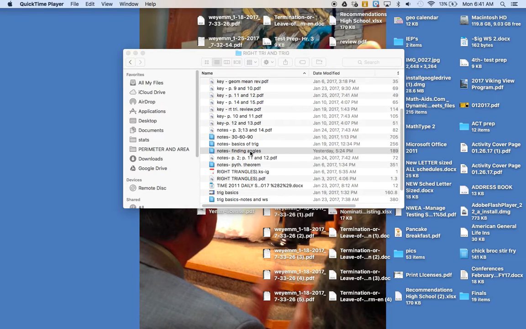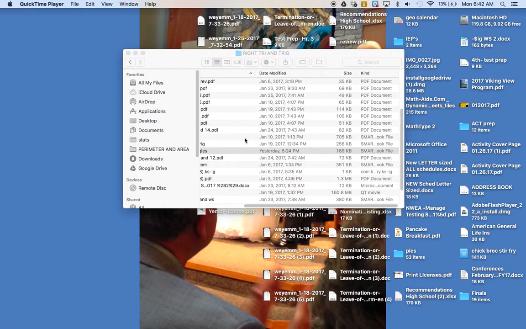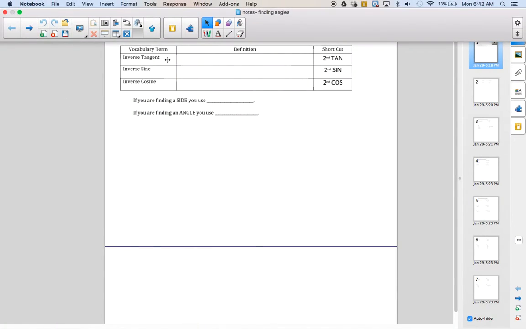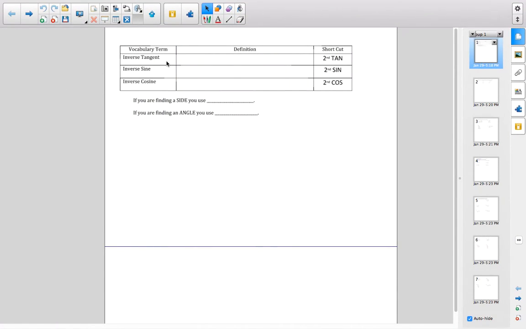Okay, today we're going to be looking at how to find angles using our trig functions. So this is kind of a fun day. What can we do using the sine, cosine, and tangent? How can we possibly find our angles? And this is kind of fun because we already know how to use sine, cosine, and tangent, and we know